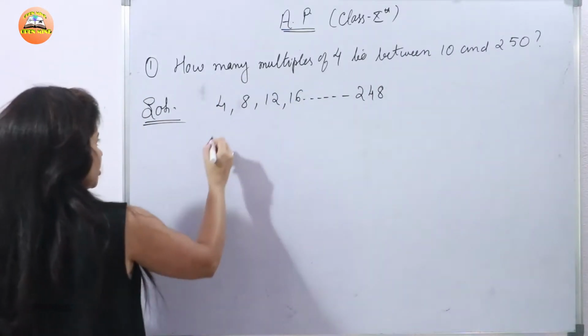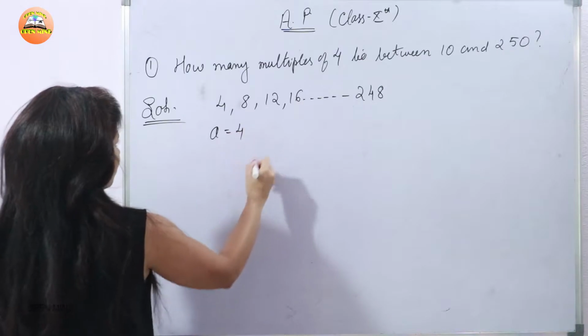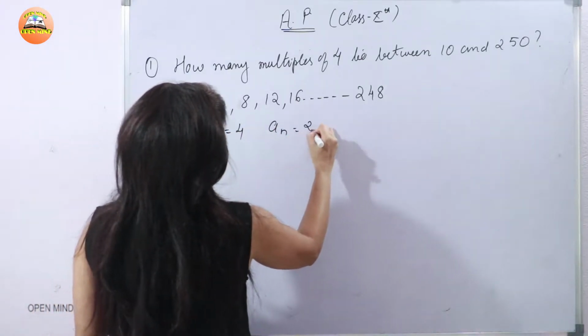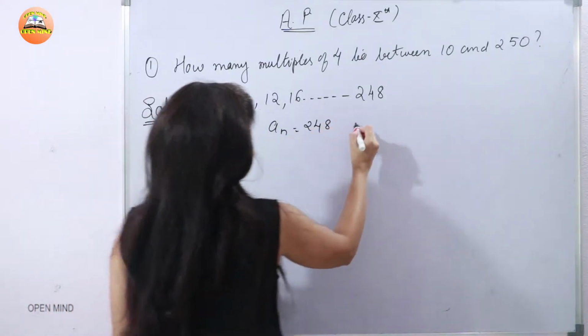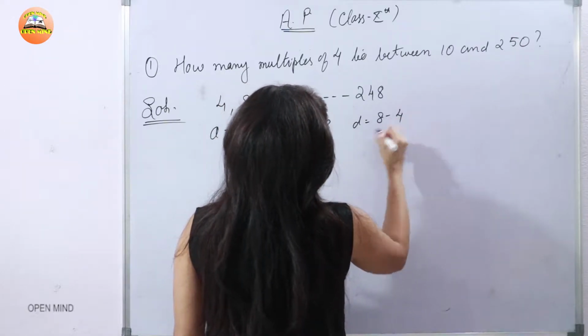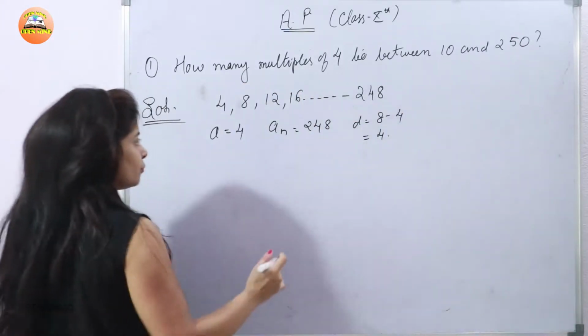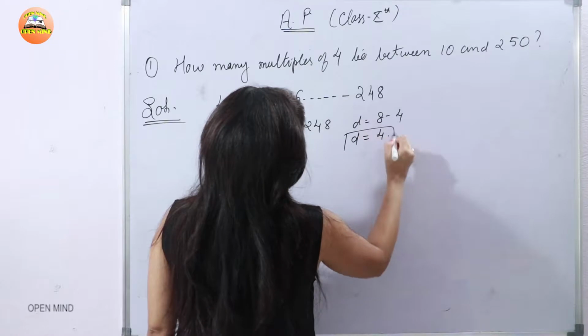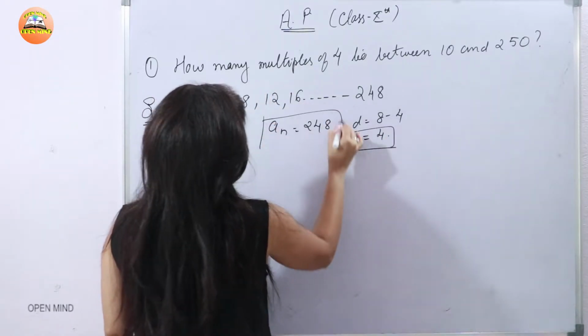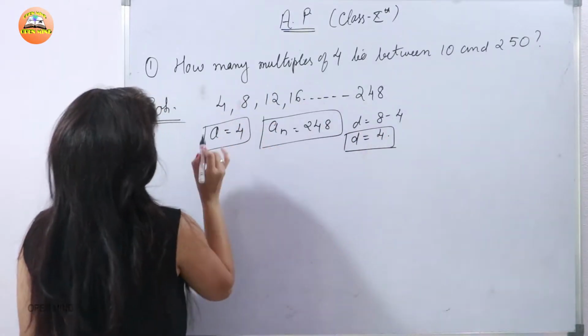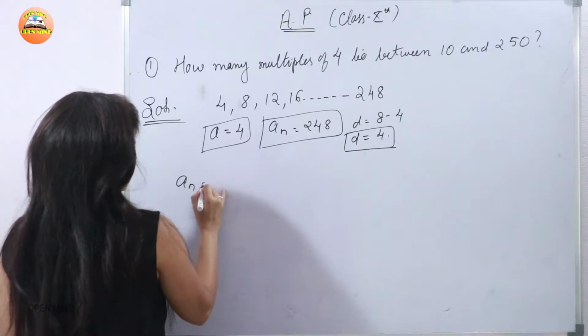So now we will substitute. What is a? a is 4. What is an? an is 248. And what is d? d is equal to 8 minus 4, that is also equal to 4. So d is 4, an is 248, a is equal to 4. Now substitute